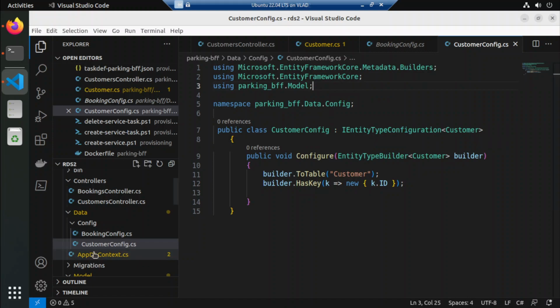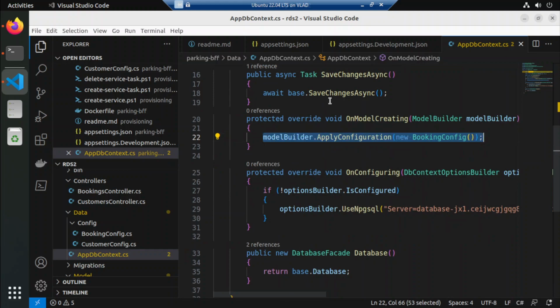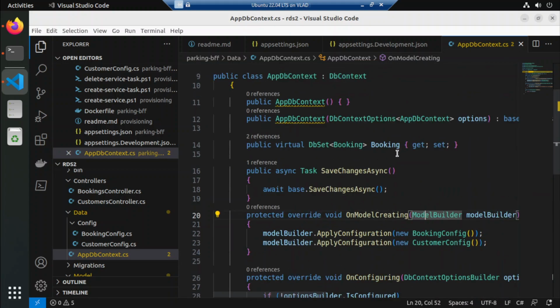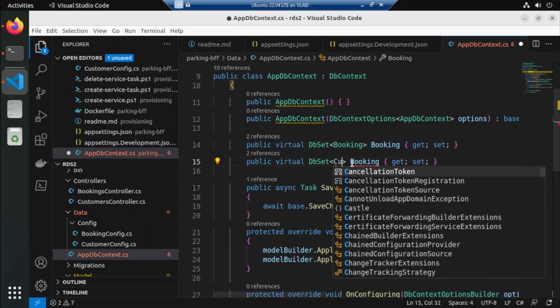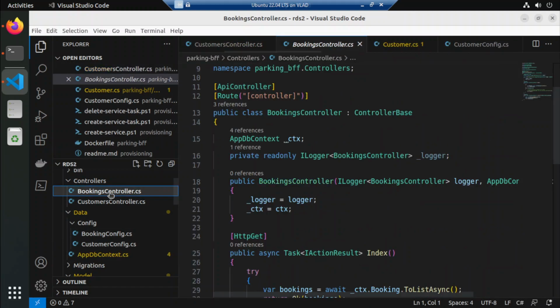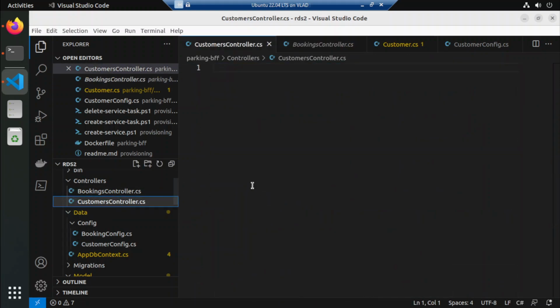All right, so config was created. Let's go to here. Let's apply the configuration. Let's put here customer, and then here put here customer, customer, and then here is customer. All right, and then the customer in here, right? So we want to copy all of this, put this here in the customer,